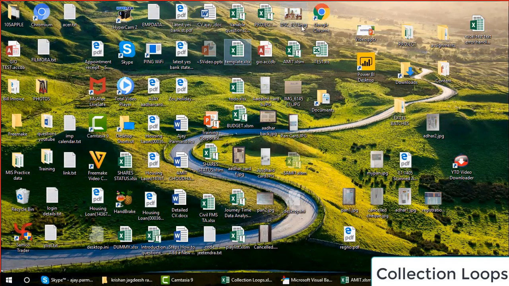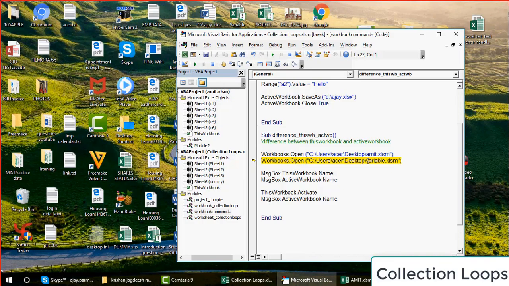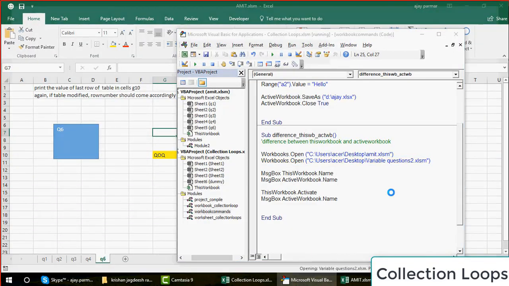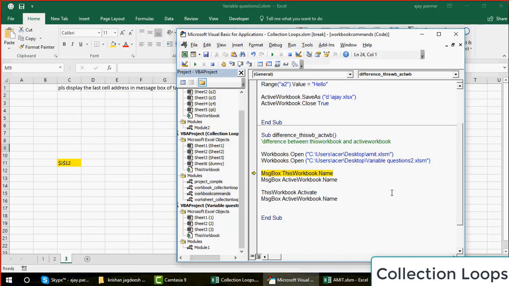And I know this file is there. I think it's just a spelling problem, because let me go and check that. Where is my variable file? I press VB and I see only one variable file. This is variable question2, and it is also the macro file. So macro is already taken care of. I just go and write the name of the file. Yeah, okay. So now I want to open this file, and there we go. Now you have the second file also open, guys.